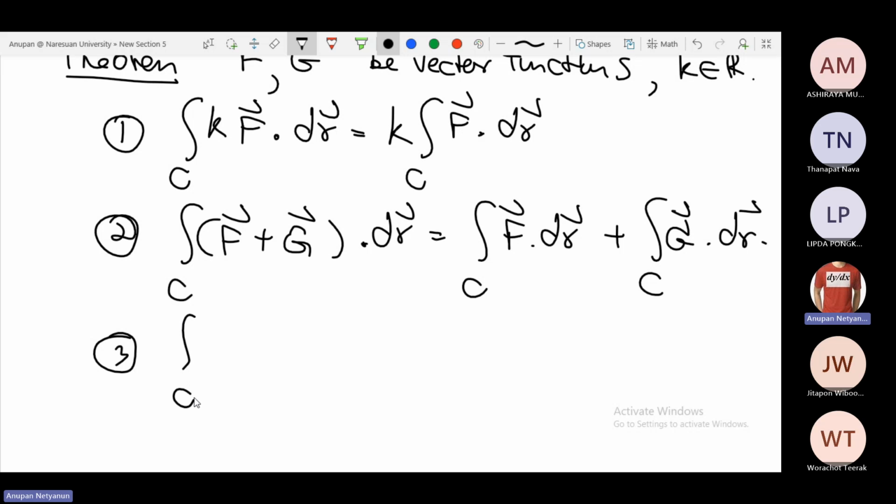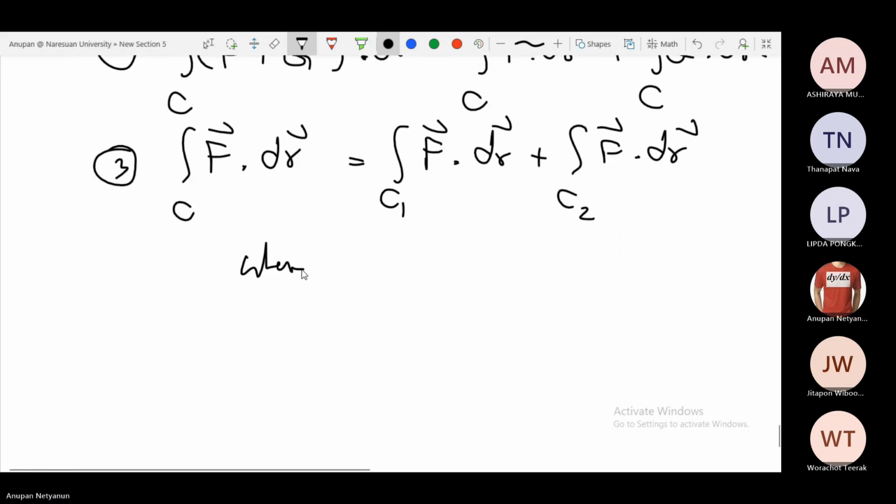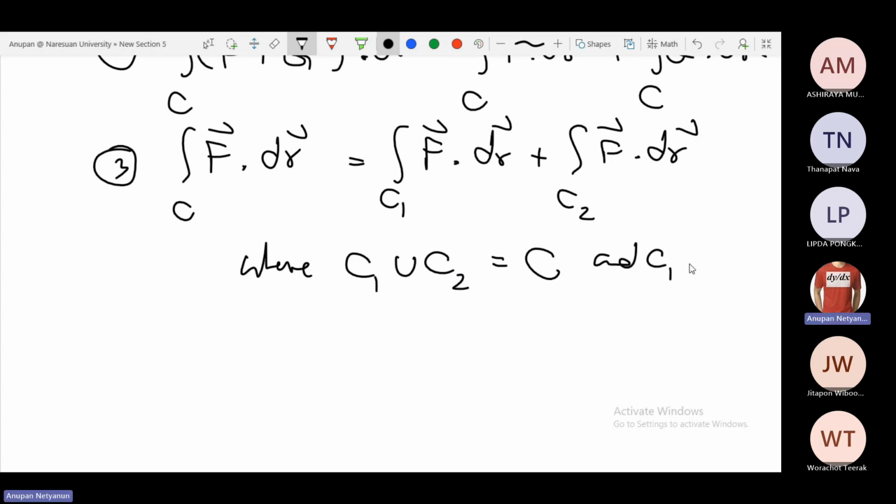And then three, the integral on the curve C of f dot dr is equal to the integral on the curve C1 of f dot dr plus the integral on C2 of f dot dr, where C1 union C2 equals C, and C1 and C2 are smooth curves,